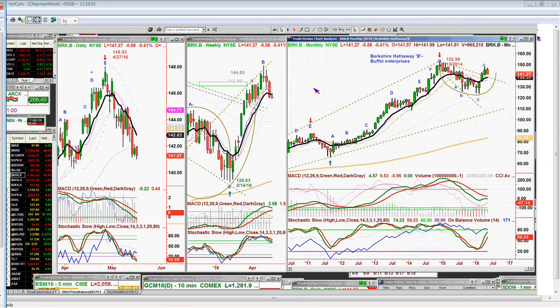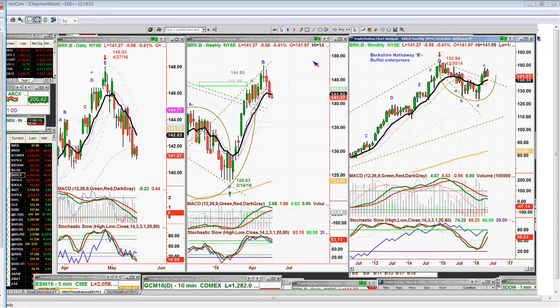If for whatever reason, by June the 20th to the 27th, late June, there's a move that takes it above 148.03, and it can actually close any month after, any month, May or June, above, if it goes into the 150 area. Just make it simple. BRK.B, the B shares, going up, closing any month above 150. I would even say any week above 150 will be really bullish, and it will be retesting, not only retesting the all-time high of 152.94, but it'll be going even higher. But if there is a stalling motion,